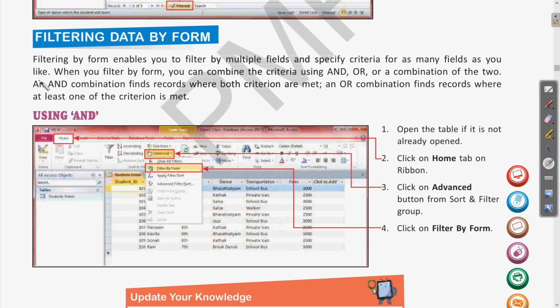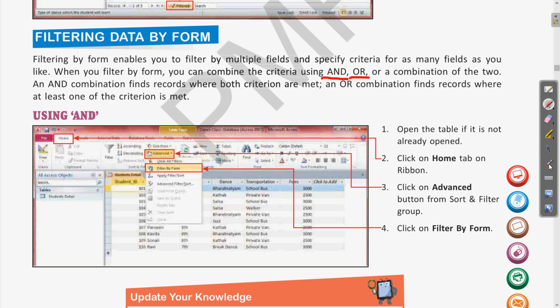Now if you want to meet some conditions, like a student who has the dance form as well as comes to school by school bus, so there are more than one condition. For that we can use combination criteria, like AND, then OR. Clear? So these will be used to combine the different criteria. One by one we will see how to use these AND and OR combinations for filtering.